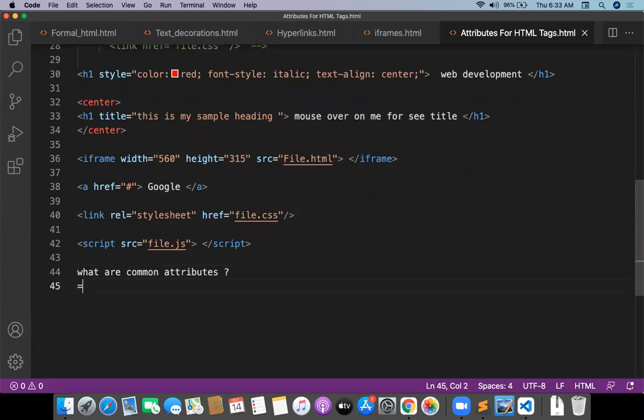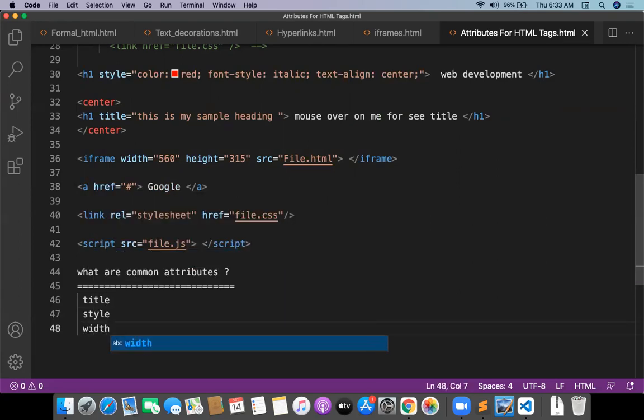So common attributes are something like title is common, and style is common, width is common, and height is common. These are basically the common attributes.